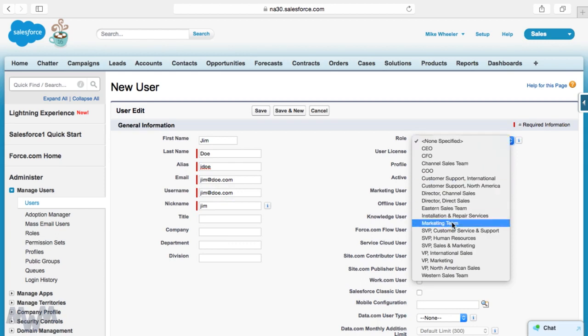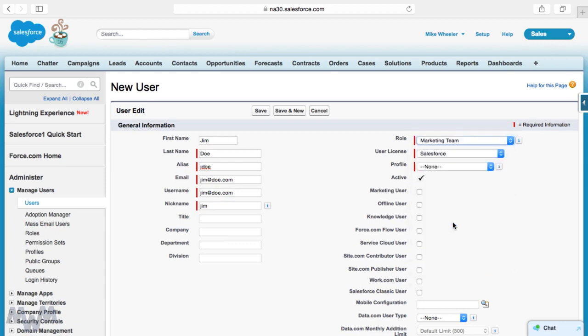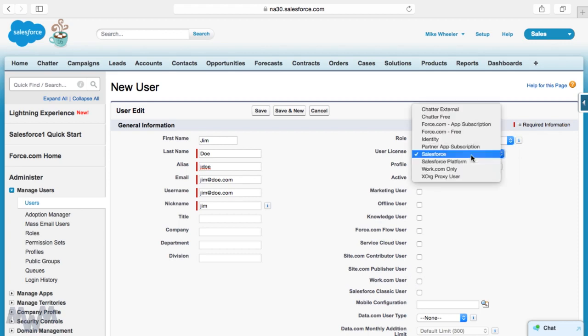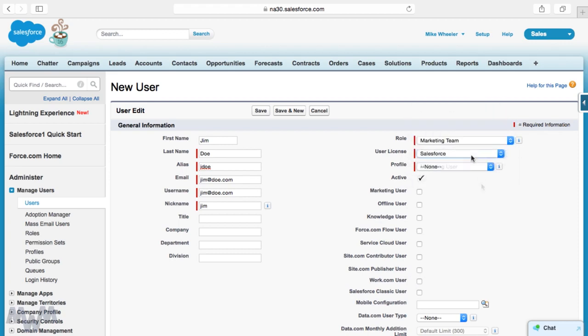I'm going to put Jim Doe on the marketing team with a user license of Salesforce. We're going to keep that the default. And for profile, we're going to assign them a custom profile called marketing profile. And this list of profiles are the default list of profiles that come standard in a free Salesforce developer account. And so you can create additional custom profiles. And I want to assign this user the marketing user feature license, and you can also assign them other feature